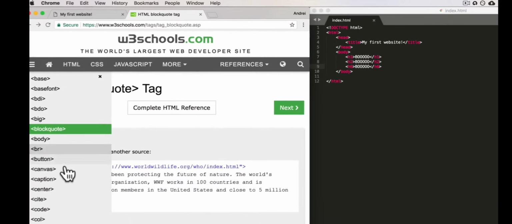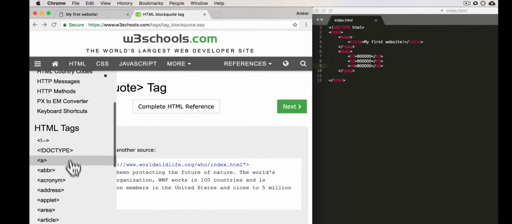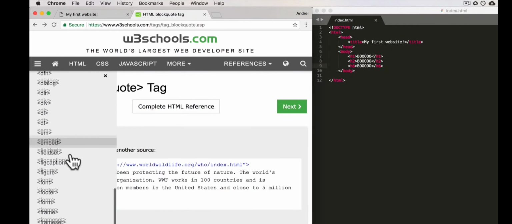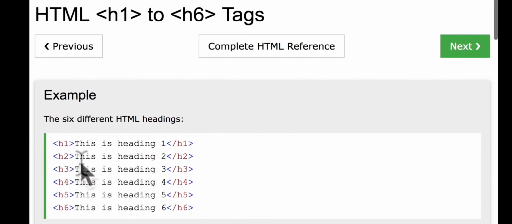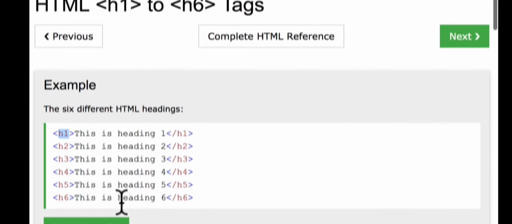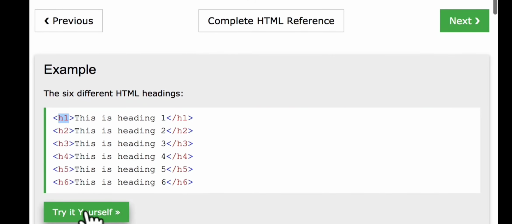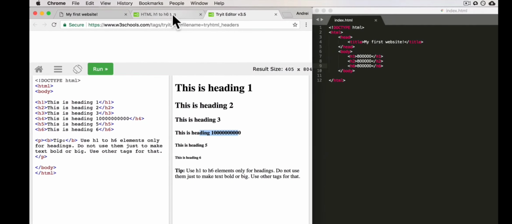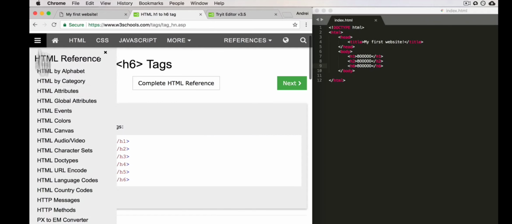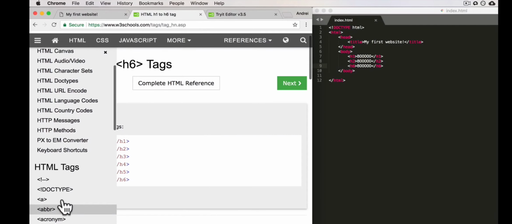And again, if I scroll through the W3Schools and I go to the H, you see over here that there's the header tags explained here. And this website is really, really cool because you can actually click on try it yourself and you can play around with different things. Click run and it changes it for you. So again, this is a really, really good website for you to get familiar with all the tags. But again, we're going to stick to